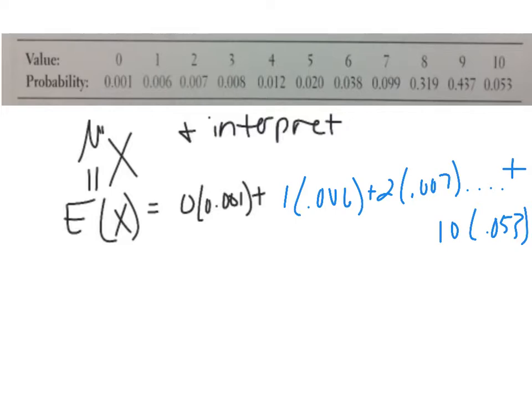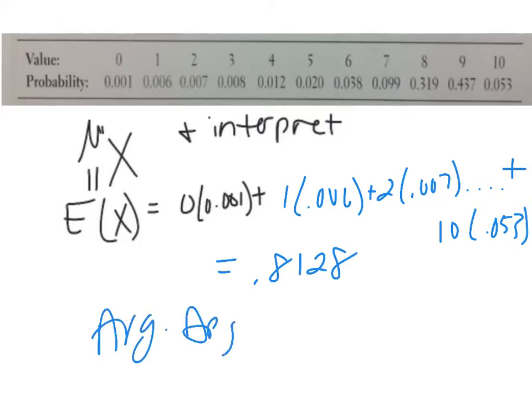You do not have to write all 10 of them down. And when you plug all of that into your calculator, you're going to come up with 0.8128. So when I interpret this in context, what this means is this is my average Apgar score